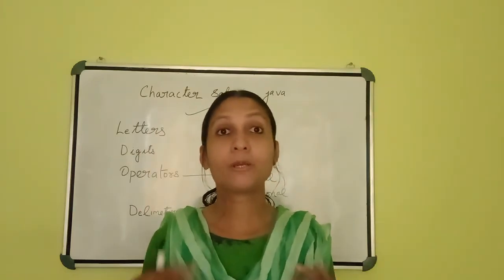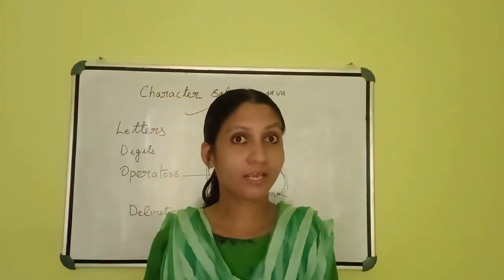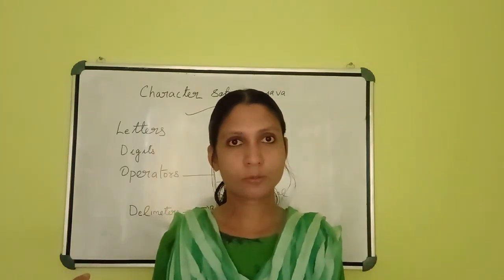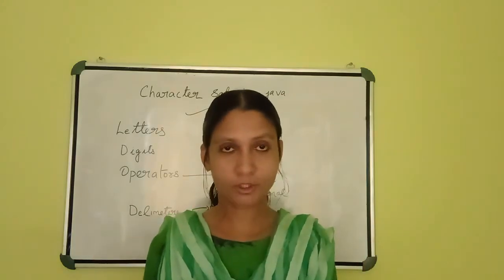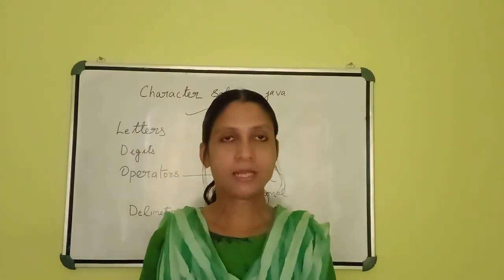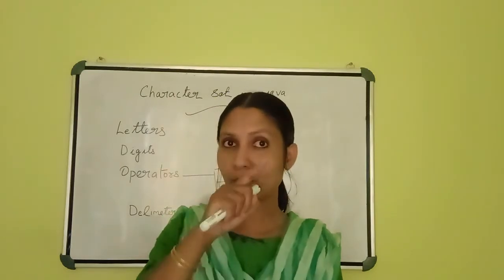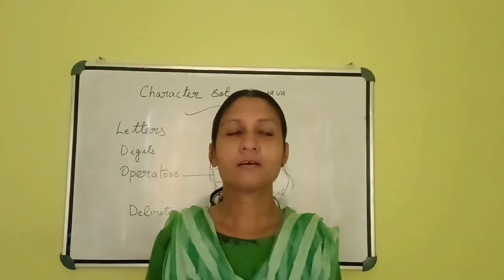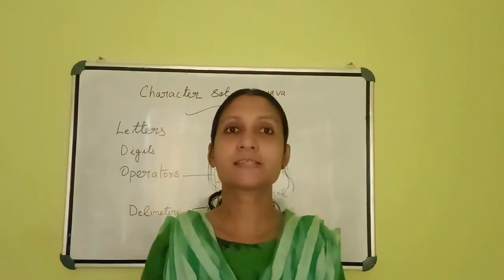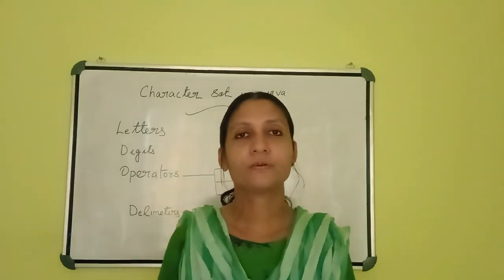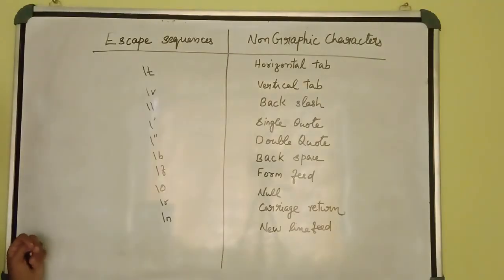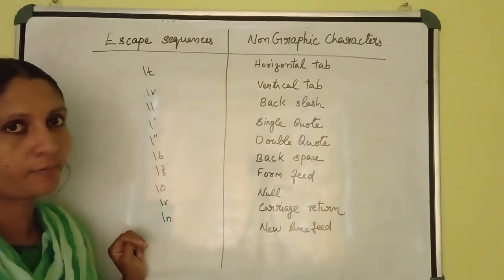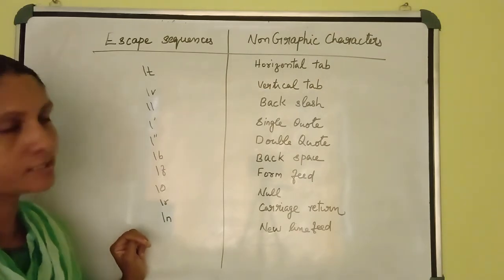And if you want to print the double inverted comma, we cannot print it directly. Why? Because we are already using the double inverted comma in System.out.println brackets. If you want to use it again, how can you? With the help of the backslash, we can use it. Characters like that are known as escape sequences. Let's check what they are. Escape sequences are non-graphic characters. That means they are used to control the cursor when you are writing a program.